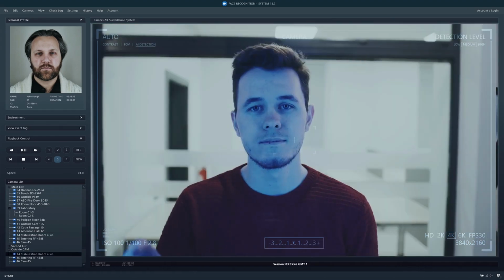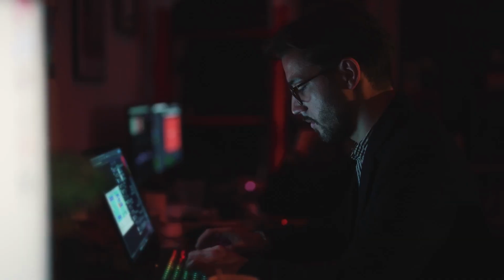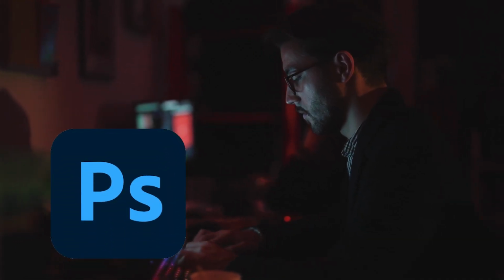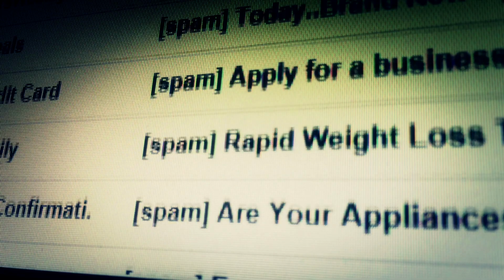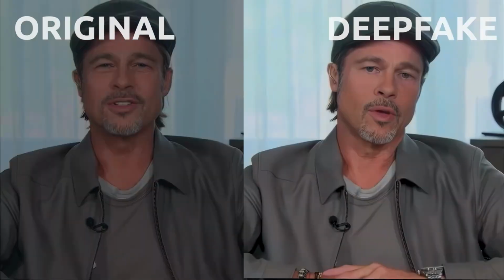The path forward isn't about banning the technology, but building a society resilient to its risk. Much like adapting to earlier disruptive tools like Photoshop or email scams, deepfakes are a powerful tool that can either illuminate creativity and education or be manipulated for harm, depending on how we choose to wield them.